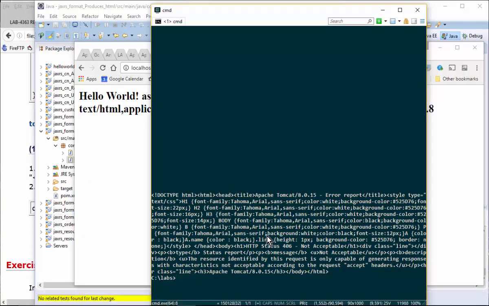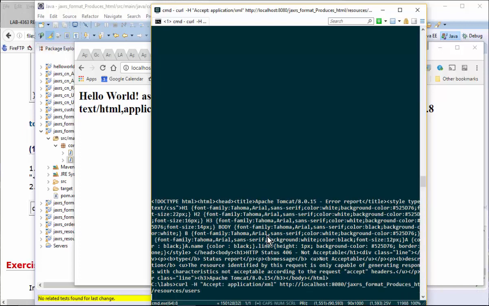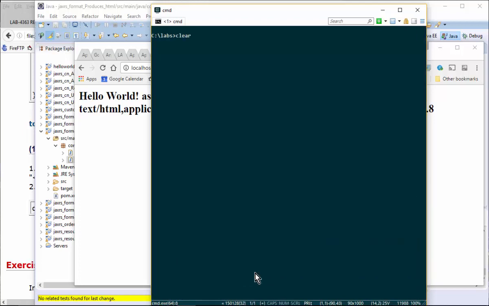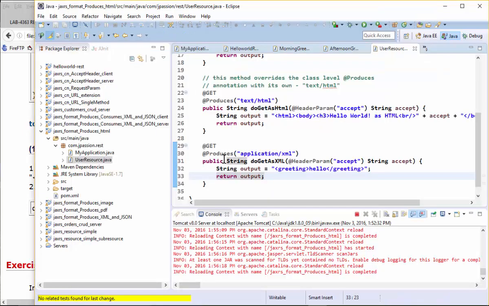use the curl command again. So use the curl command, and it should actually display. Yeah, it returns greeting. Let me just clear the screen and try again, and it returns greeting, hello. So basically in this exercise, we can see this method is being invoked depending on what the produces annotation is associated with. All right, so maybe if you want to try JSON here,